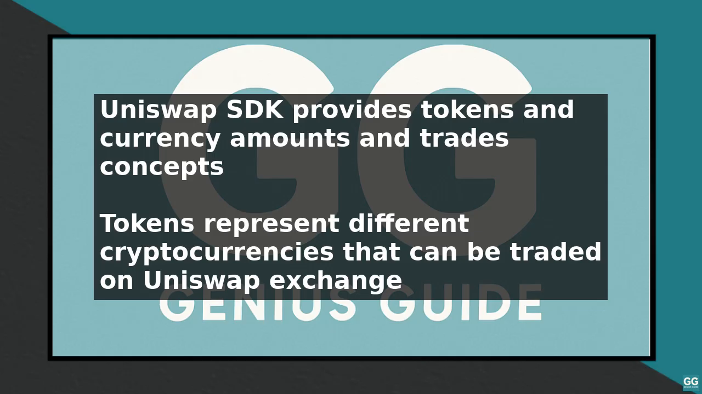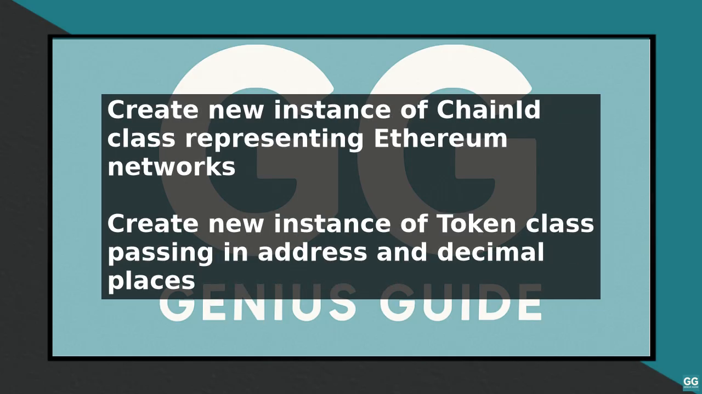To use the Uniswap SDK, start by creating a new instance of the ChainId class. This class represents the different Ethereum networks, such as mainnet or Ropsten. Next, create a new instance of the Token class, passing in the address and decimal places of the token you want to work with. Once you have a token instance, you can use it to create a new instance of